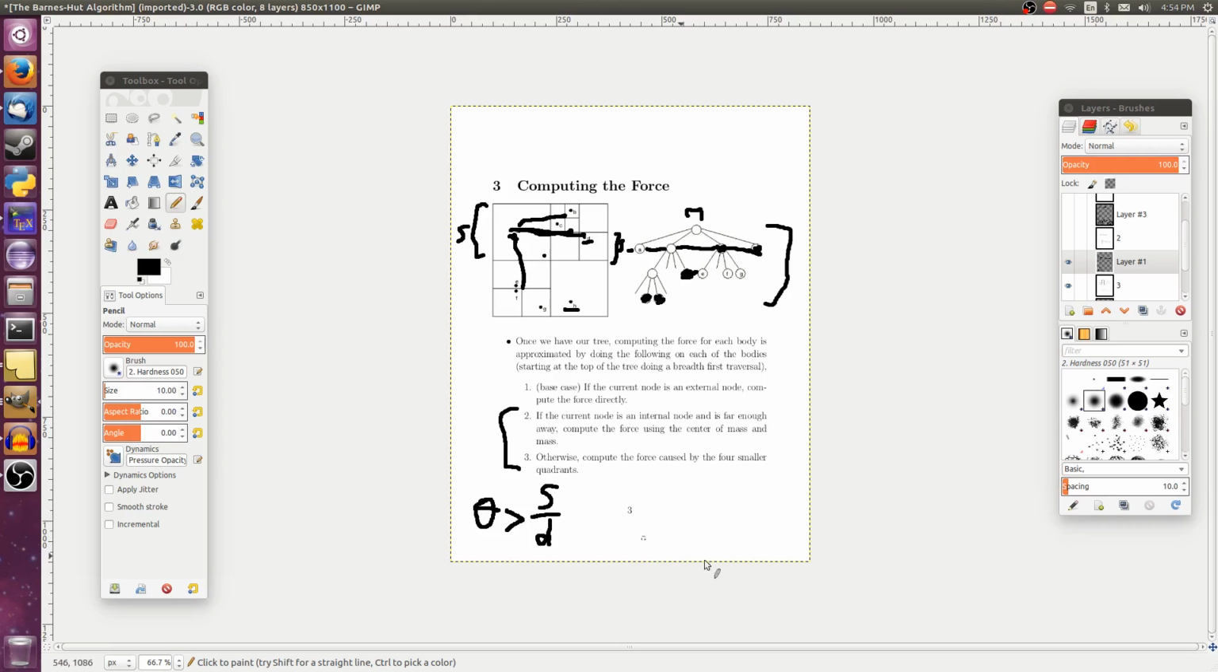And for most purposes, you want to choose values of theta that are not too big but not too small. Because if you set theta exactly equal to 0, then you're just doing a direct sum, and that's going to run in O of n squared time. So if we want that O of n log n like I promised you, then we're going to have to pick a reasonable value of theta. Most of the time you want to pick values of theta about 0.5,